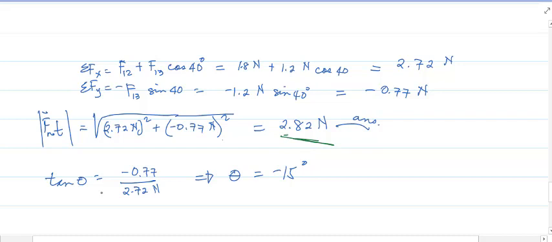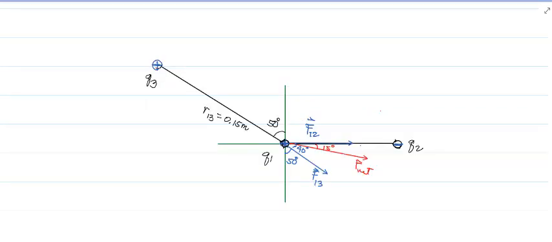And the tangent of theta, to determine the direction, is equal to the opposite, 0.77, the y component, over the adjacent, the 2.72, which is the x component. And this would give us a theta equal to negative 15 degrees. And this is now the graph of our resultant vector. This red line represents our net force, or the net force experienced by Q1 due to the presence of Q2